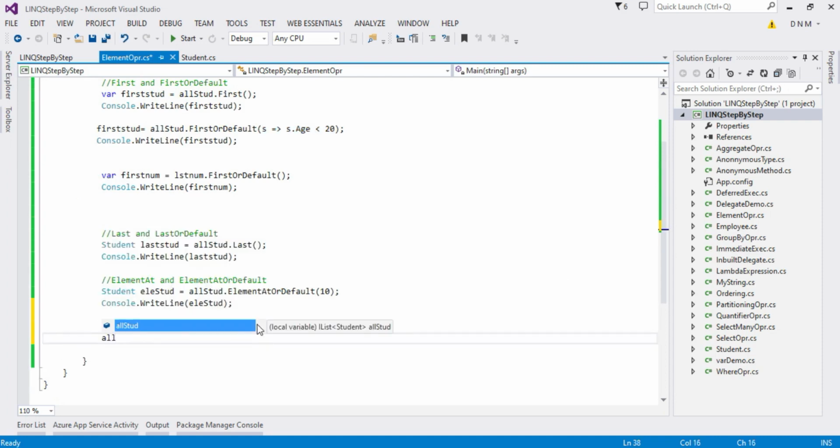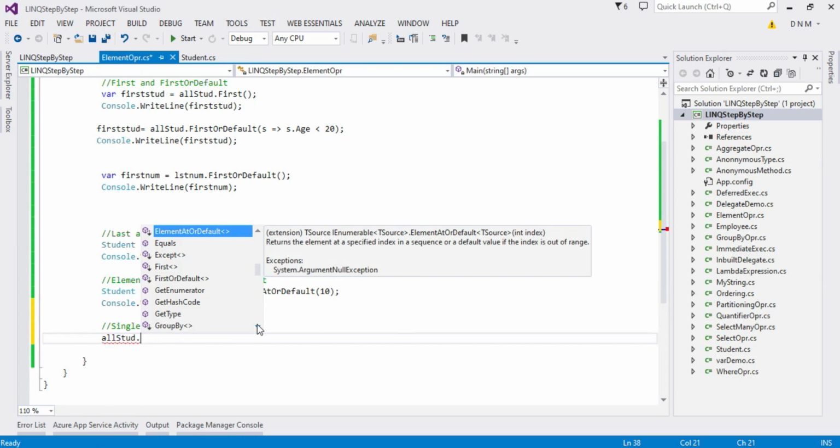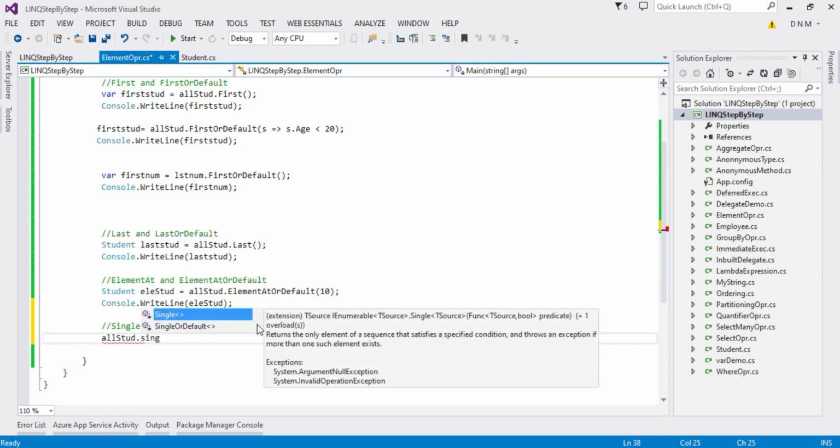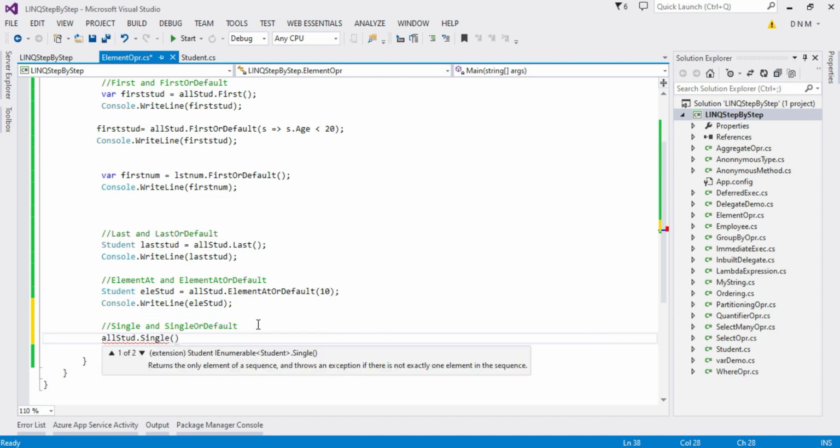So allStud dot single, or you can go for single or default. Again, there are 2 overloads, where the first one is not accepting any argument and the second one is accepting the predicate, similarly like first or default, last or default.